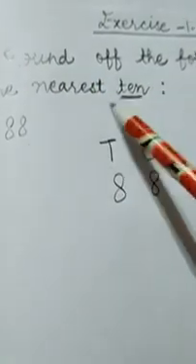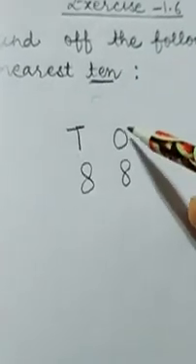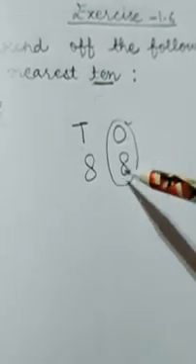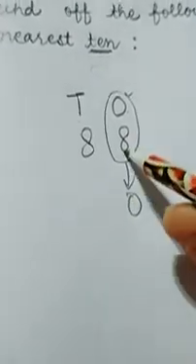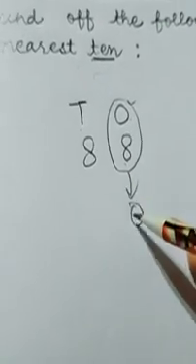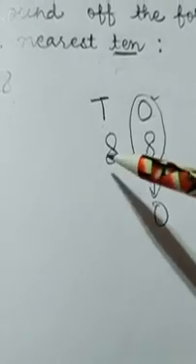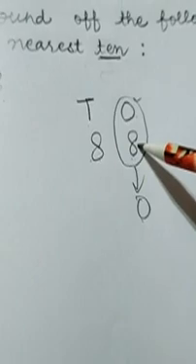Yes, now you have to round off the number to the nearest tens. While rounding to the nearest 10, we will observe the digit of the ones place, and the digit that you have to observe, we will make it 0. 8 will become 0. In place of 8, now we will write 0. Now by observing the ones place digit, we will write the tens place digit. Yes, the ones place digit will become 0 and the tens place digit will be written according to the ones place.